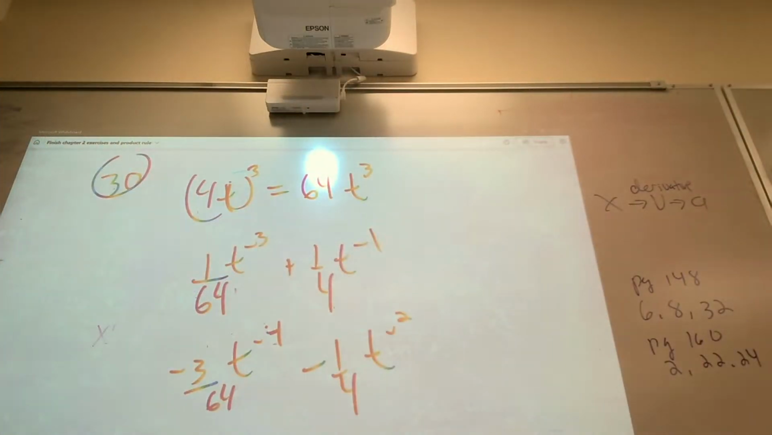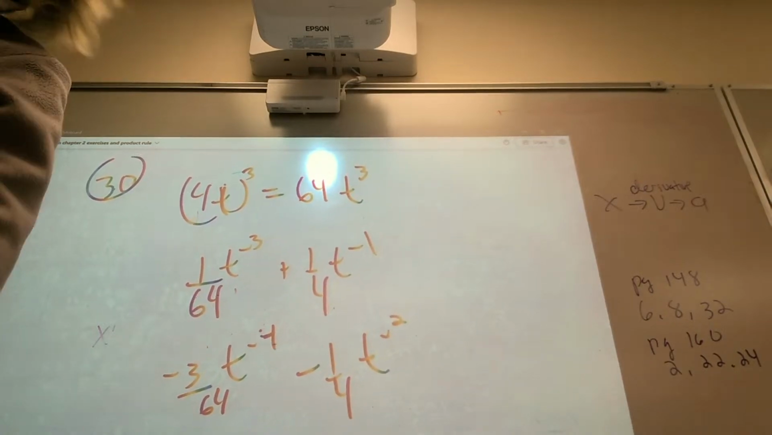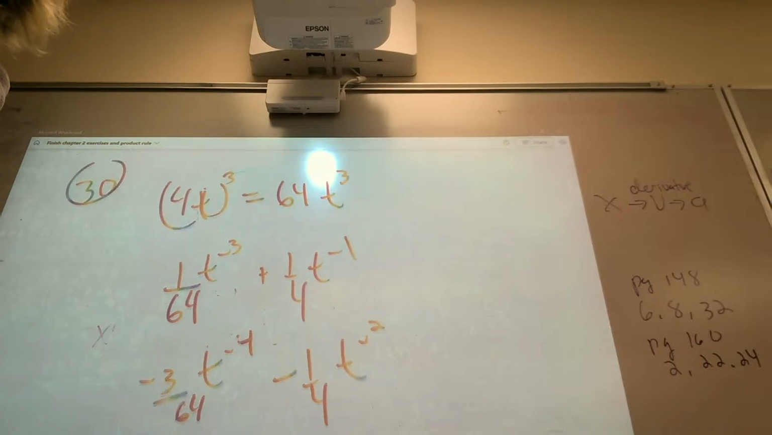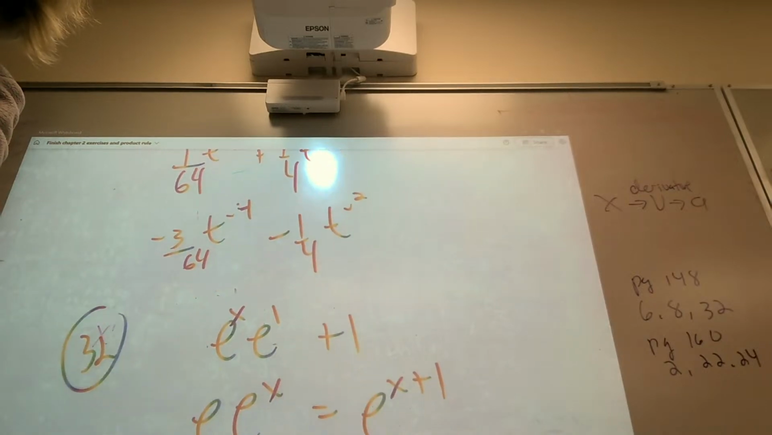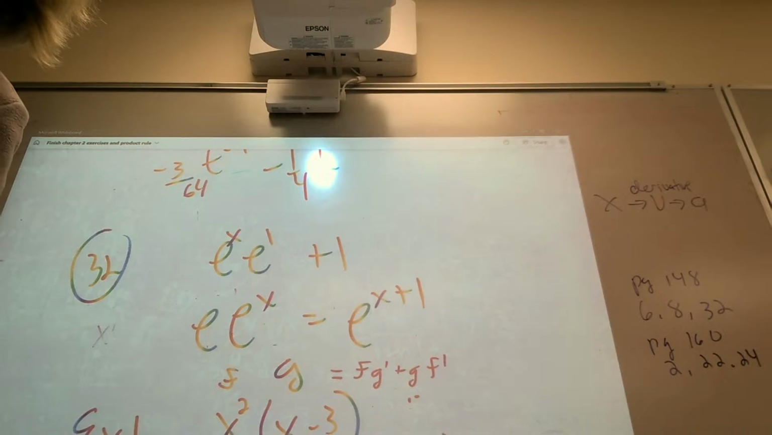Go. 32. Violet. I got x plus 1 e to the x. Okay, so